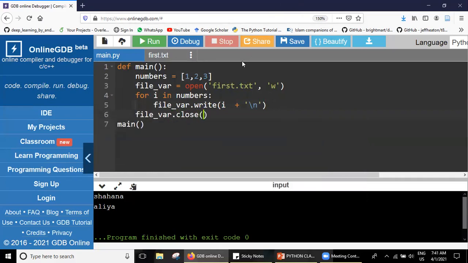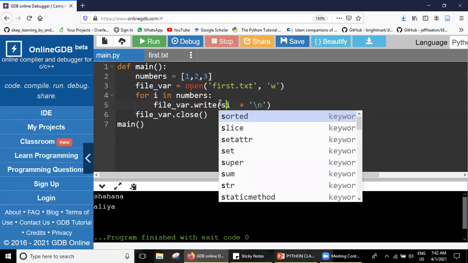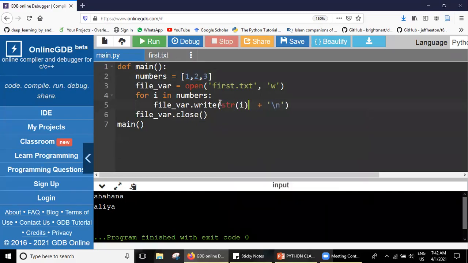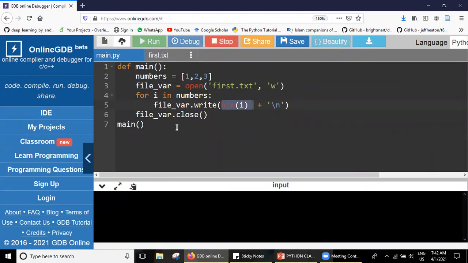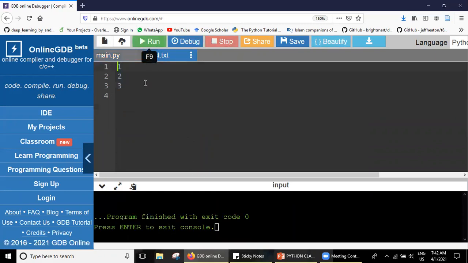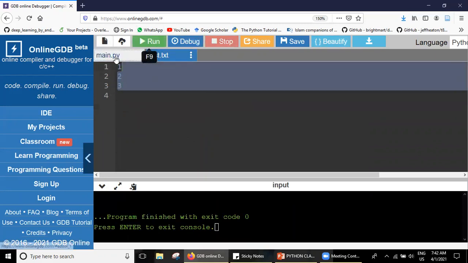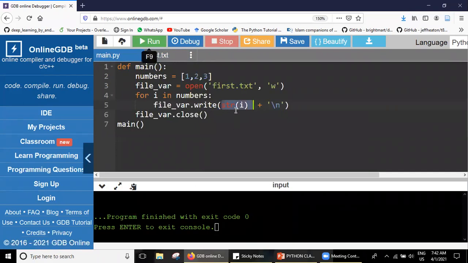Please answer my question. Can I store the I directly? I is a number which is running from here to here. We are writing it in the file, so we have to convert it into a string and then we can write it to the file. Because this is a text file, for writing any numeric data, we have to convert it into a string and then only we can write it to the file. If we write numerical data directly, it gives us an error, which is the type error that we have seen in the last problem.